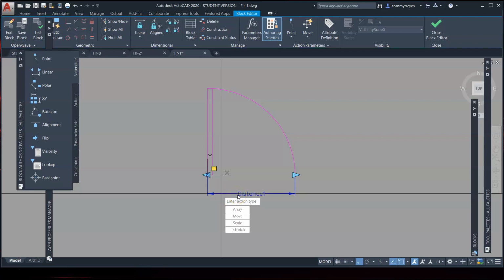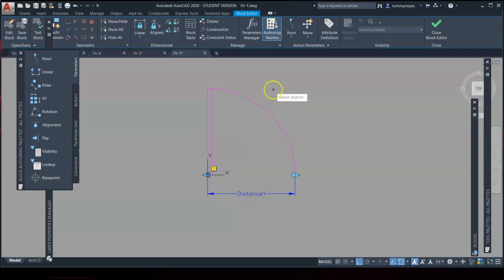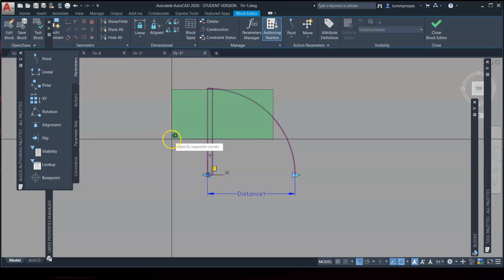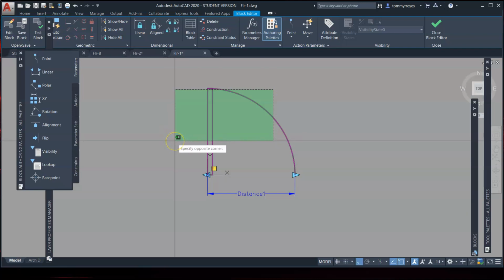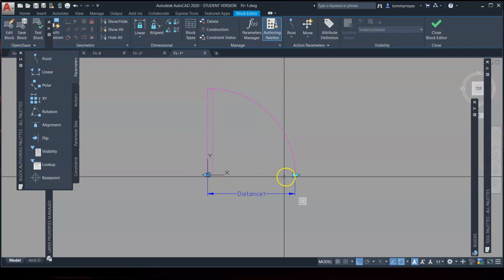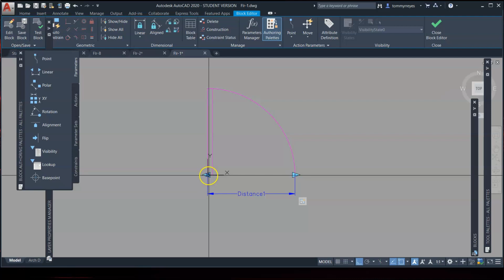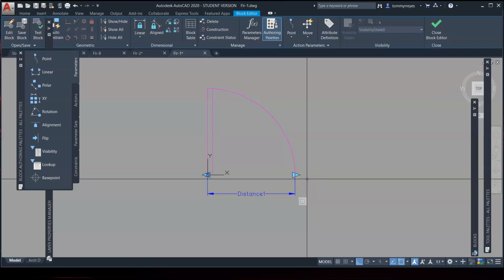Do you want to move this, stretch it, scale? I want to scale this, and the reason why I want to scale this is because, let me go ahead and hit scale, and let me select after that, and I'll explain it after. I'm going to scale this rectangle and this arch, and then I'm going to hit the space bar. Okay, the reason why I want to scale this is so whatever door that, let me go ahead and close this,